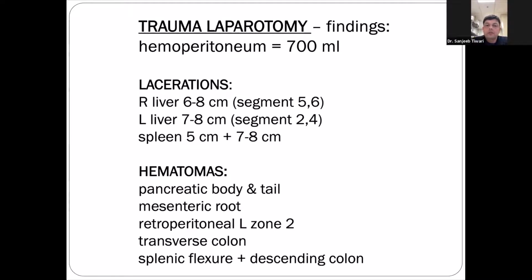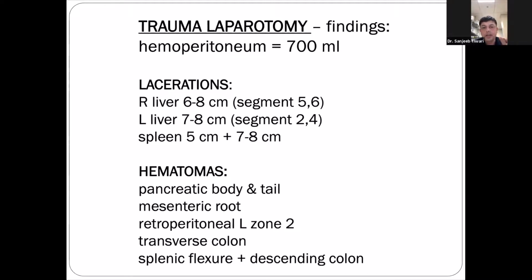In this one, I just want to do the packing of the liver, and for the spleen, may I know how deep was the laceration? Multiple superficial lacerations. The one on the medial was a little bit deep, but slight ooze, not actively bleeding. Okay, and that means there is a 5 to 8 centimeter laceration? No, it's 5 centimeters and 7 to 8 centimeters. These are different lacerations.